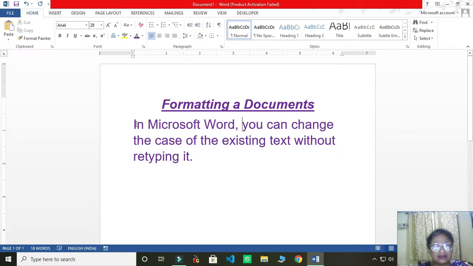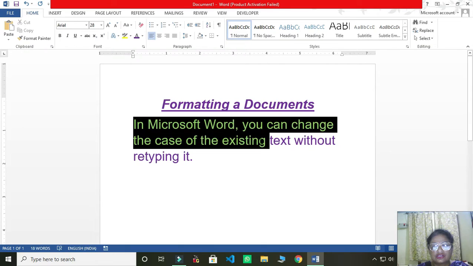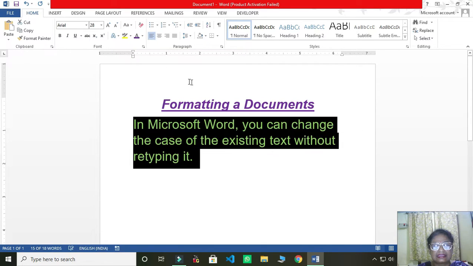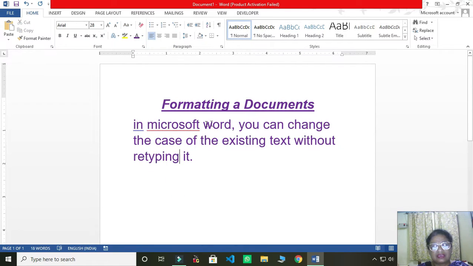Now if I want everything in the small lower case, simply I have to select the text and go to change case. So where do you get the change case? On the Home tab, Font group, and there is this button, capital A and small a. You just click on it and say lowercase. So you see children, everything has come into